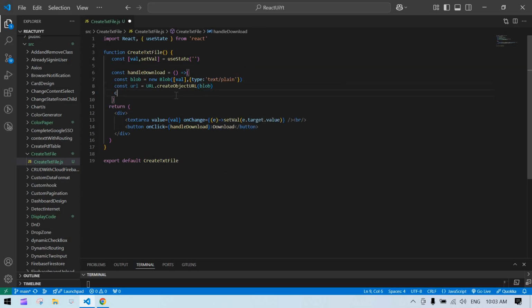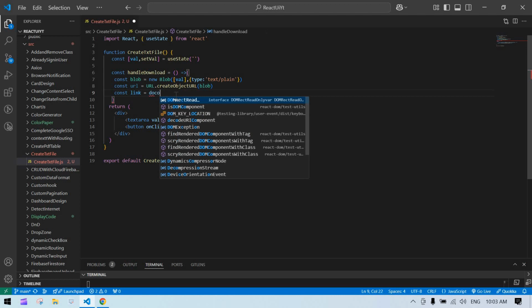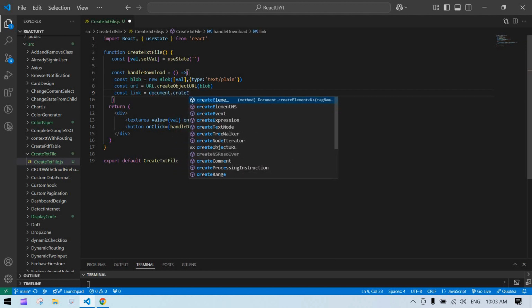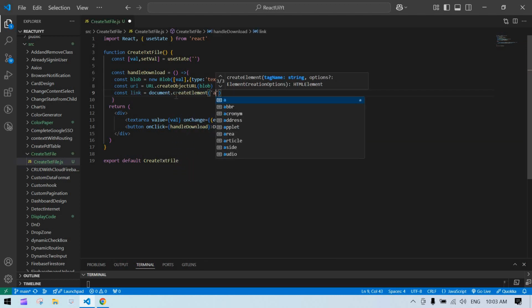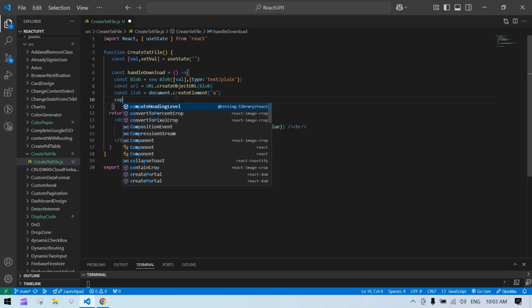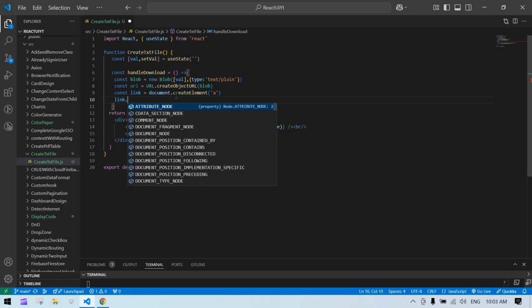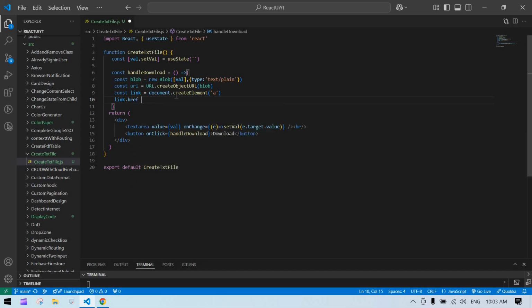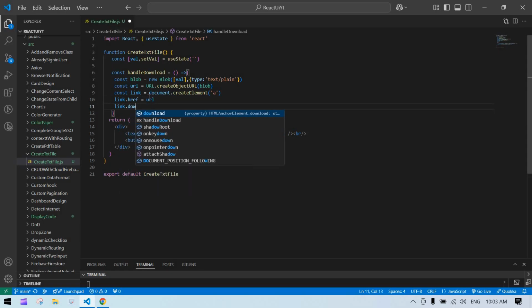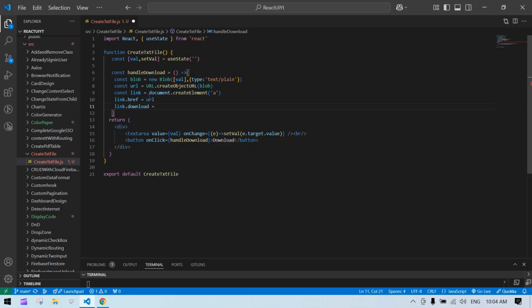and I'm going to create one anchor tag to download the URL. Okay, document dot createElement, and it should be anchor, and here I'm just going to append the URL. Like we need to pass the value. Here we need to pass this one, and link dot download, and we need to give a file name here, test.txt,